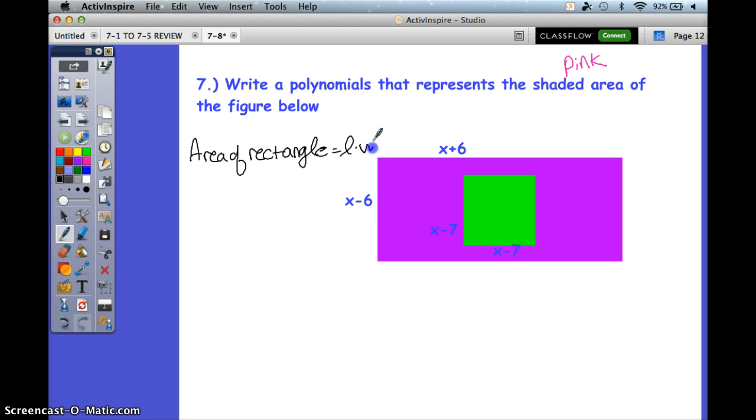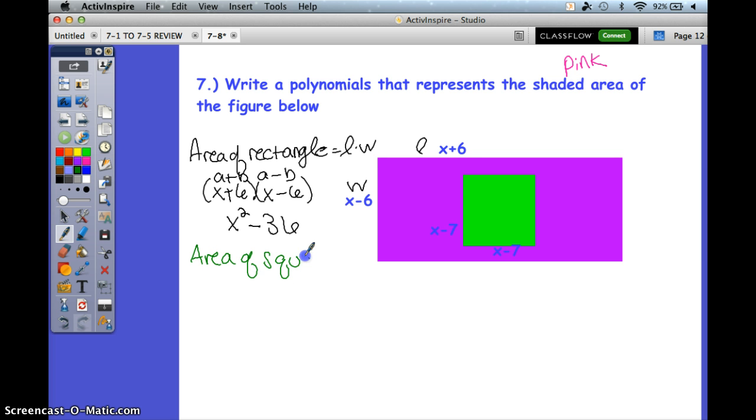is length times width. So we would have x minus 6, length, width, x plus 6 times x minus 6. And this is one of our rules, so we have a plus b, a minus b, so it would be x squared minus 36. And that's the area of our rectangle. The area of the square